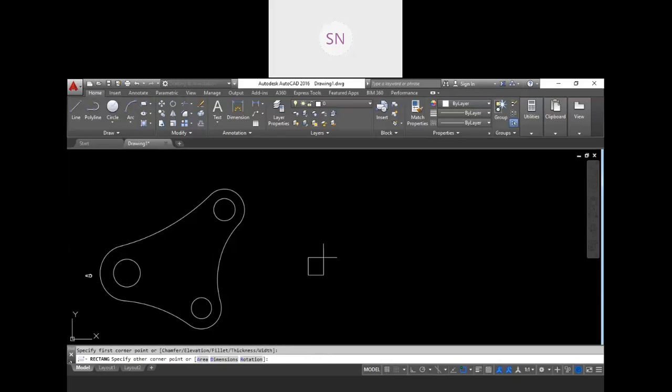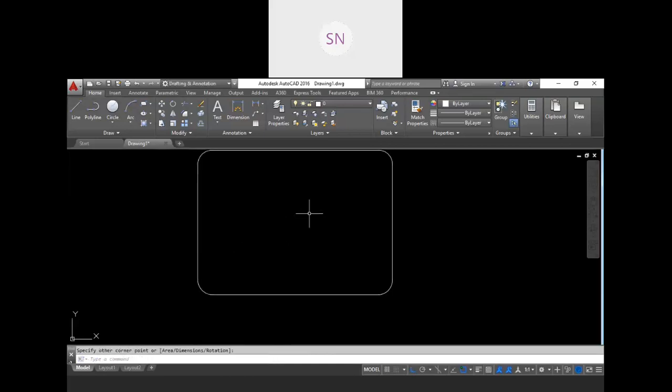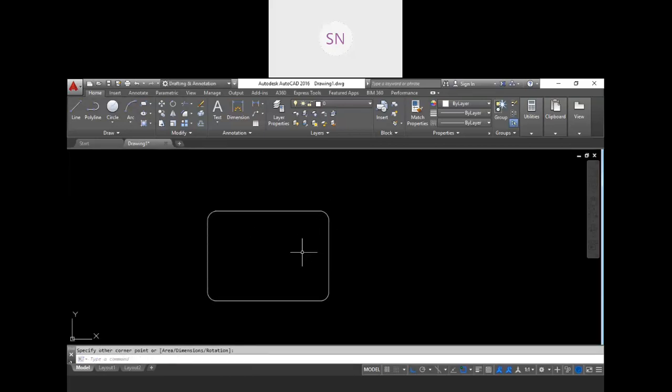Then click first point, go to the dimension, length should be 7, enter, and height should be 5, enter. So this rectangle we have, right? Oops, sorry, again rectangle, fillet 0.5, and the dimensions 7 and 5, and click here. So here we have the rectangle.